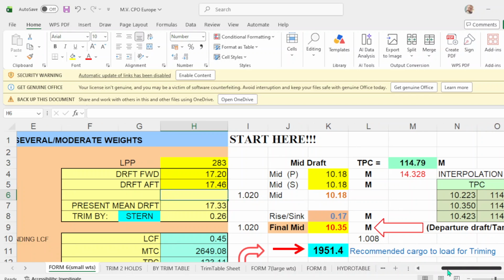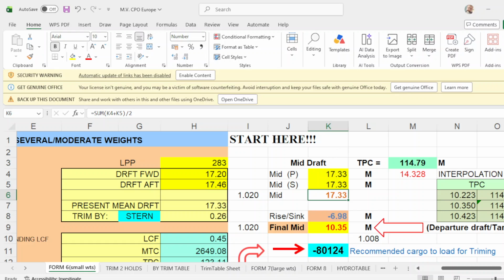Now your actual mid port would also be 17.33. Okay, and your actual mid drop starboard is also 17.33. As both agreed in the readings, so there is no list.